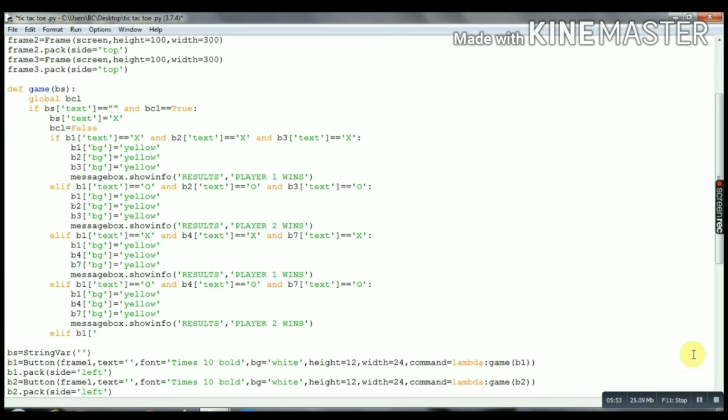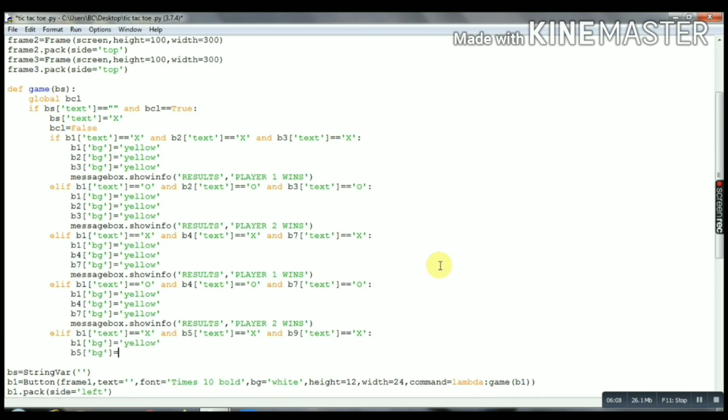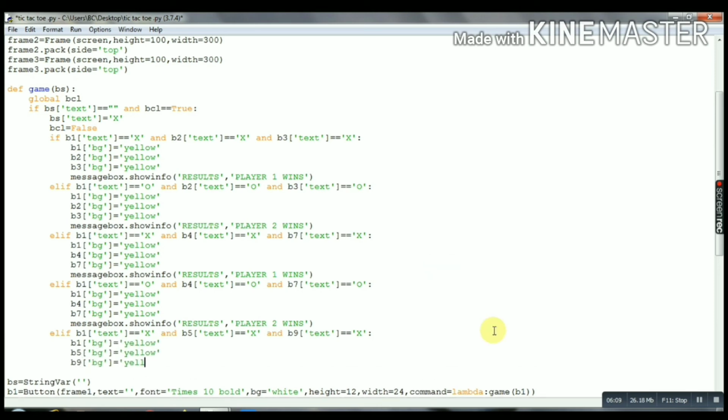Okay, else if B1 text X and B5 text also X and B9 text also X, then change their background to yellow.